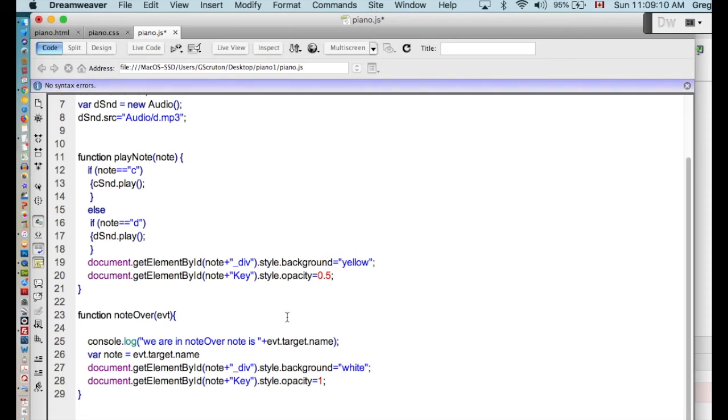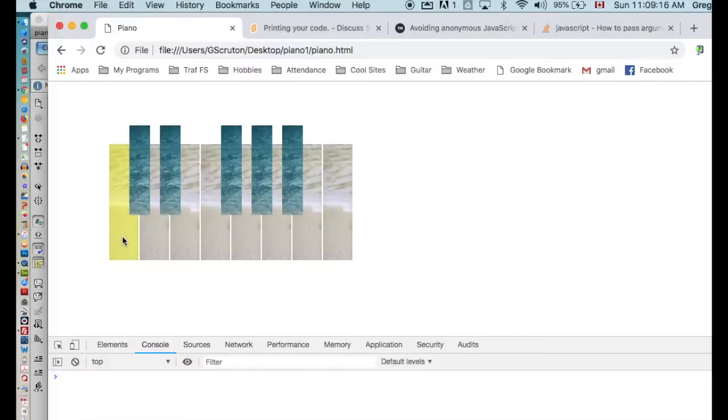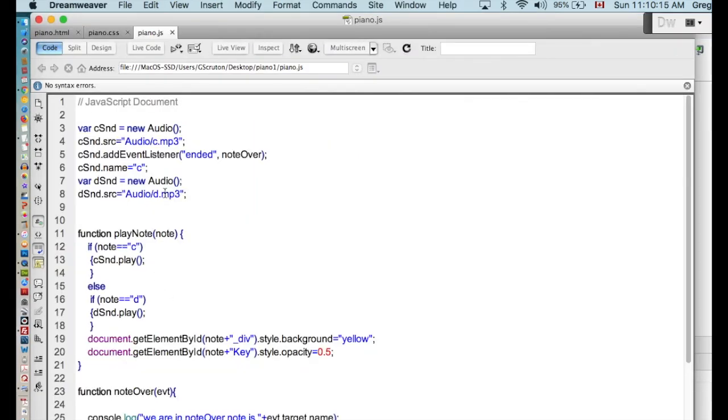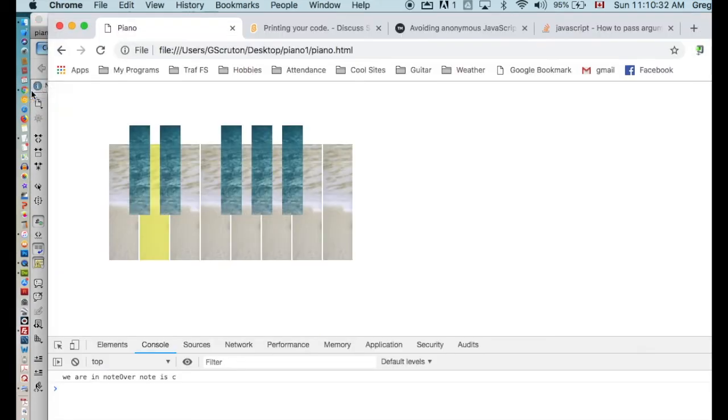Let's see how that works. Let's run that. We press the C. Plays the note, then it should go back to normal. Good, that worked fine. Let's try this one. Didn't do it. Why? Because we didn't give our D sound a name. Our D sound's name should be D, and that should say D sound dot name is D. Then if we go back to here and run that,